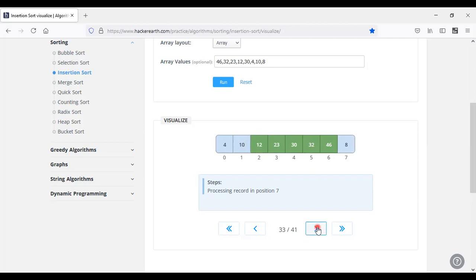And the last one has to be taken, 8. So here 6 comparisons will be taken, and 6 times it will be swapped. So the first element here is 46, next 32, next 30, 23, 12, and later it is 10.